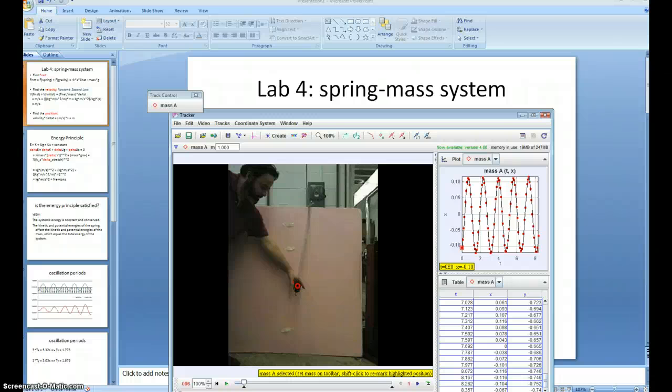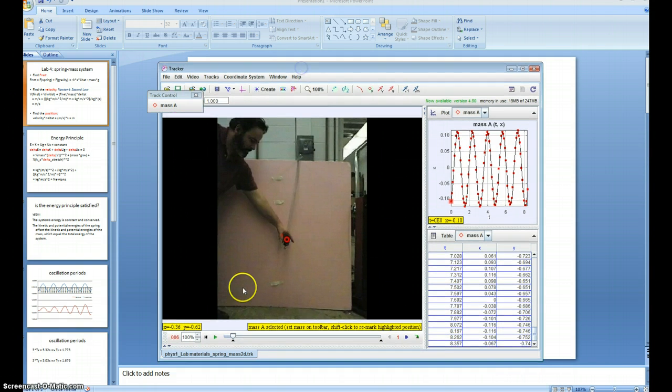This is Lab 4, the spring mass system. Today we will be predicting the motion of an object of mass attached to a spring using Newton's second law and the energy principle. First, we get data from Tracker